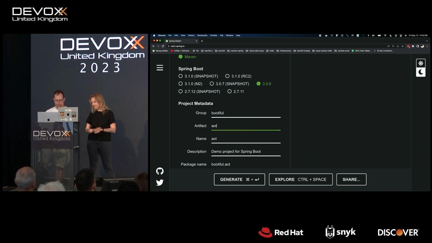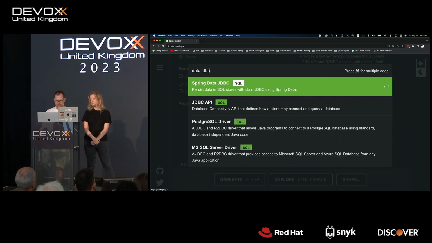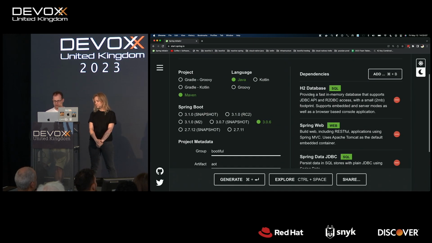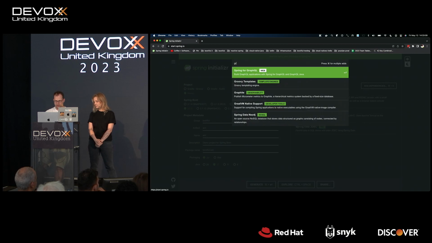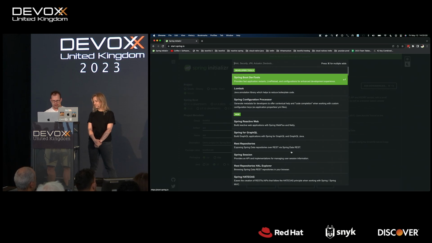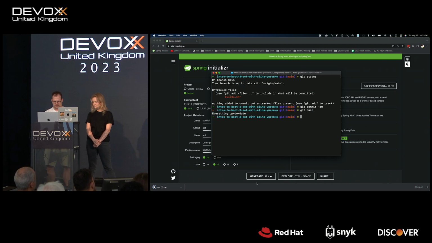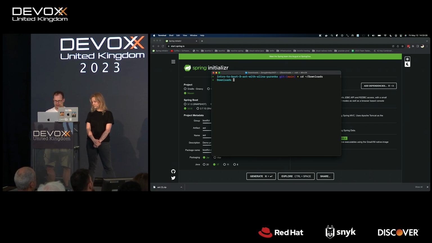Okay, good. So, Bootiful AOT. We're going to build just a stock standard application, and we'll quickly move into the details here. The only thing you need to know is that you need to opt in to the GraalVM native image support. No big deal. Just type in GRAA, and it'll do the rest for you. We're going to hit generate and open this up in the IDE, just to see that it's working, just to get the happy path case going.